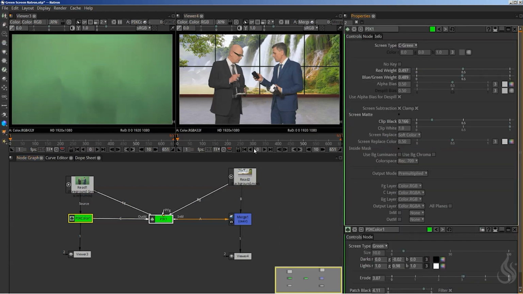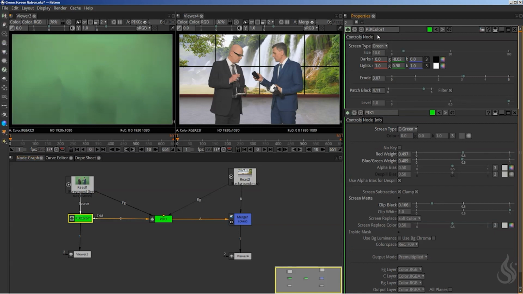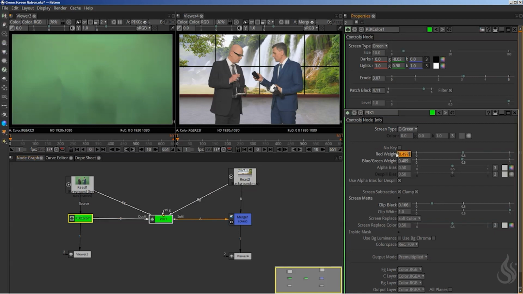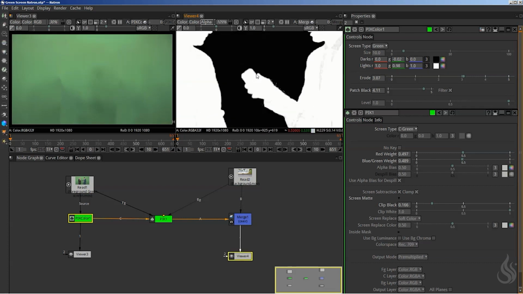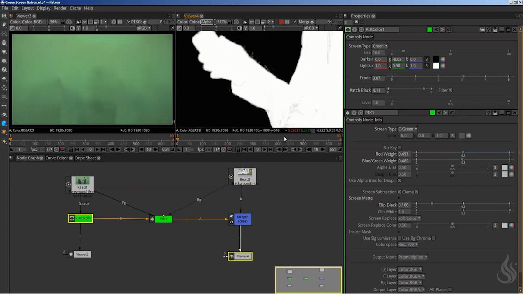Big here, what have I done? Sorry, I'll just double click on this one again to get the order right. I have worked on the red weight, I've worked on the green weight, and I have started clipping the blacks, and I was supposed to be on the alpha, was I not? Yes, and I've cleaned the black, and we were here. We were here working on our